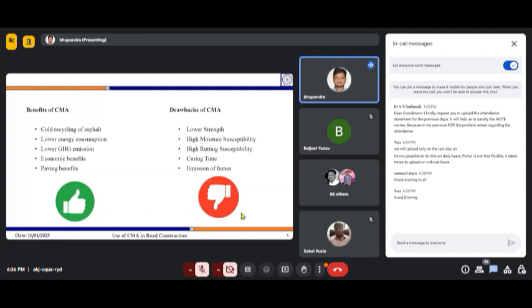And finally, there is also some emission of fumes. When you are using emulsion as your asphalt binder in cold mix asphalt, fumes are not there. But in some cases, cutbacks are used. In cutbacks, there are petroleum products, which evaporate when exposed to the atmosphere, and because of them some chemical fumes are generated. Those fumes can be harmful to the workers if you are using bitumen cutback as your binding material.